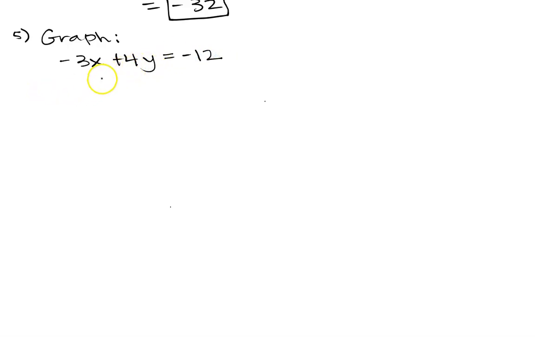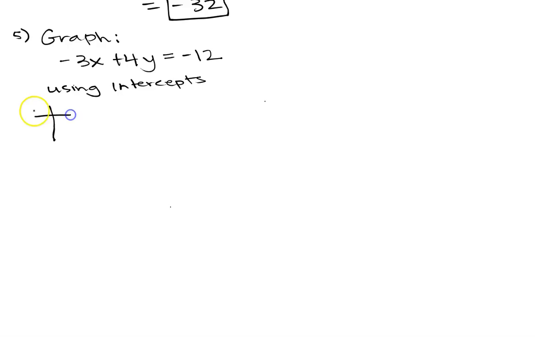And there's a couple of different ways you could do this, and so I'm going to show you 2 different ways, and then you just use whichever way works best for you. If it tells you that it wants you to graph it using intercepts, then make sure you do it that way. If it just says graph and it doesn't tell you how to do it, then any way you want to do it is fine. So if we're graphing using intercepts,